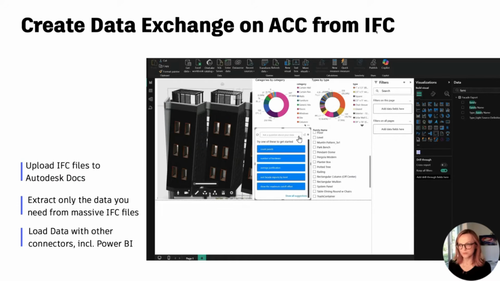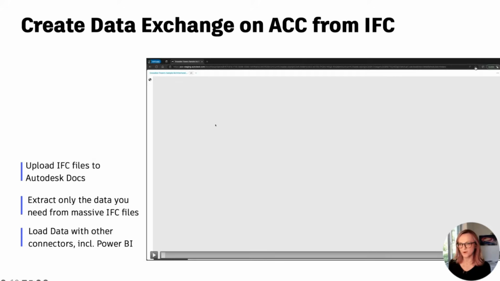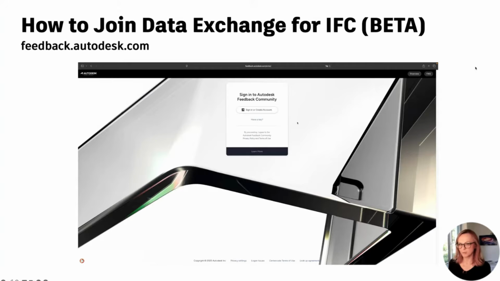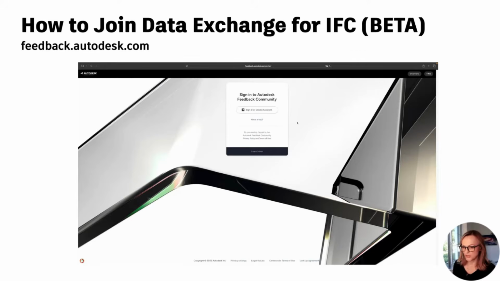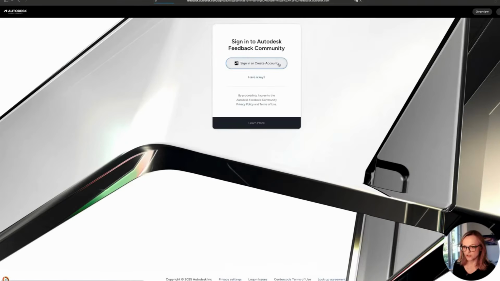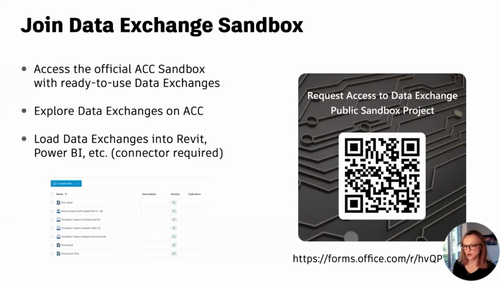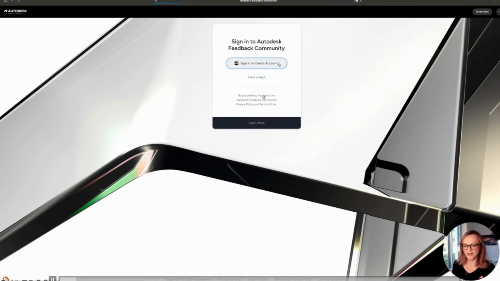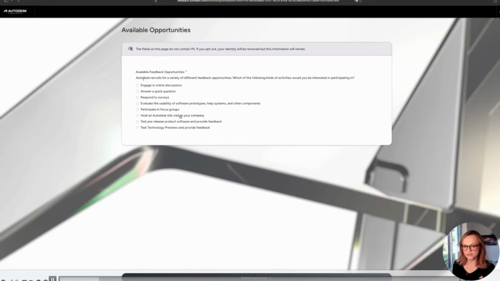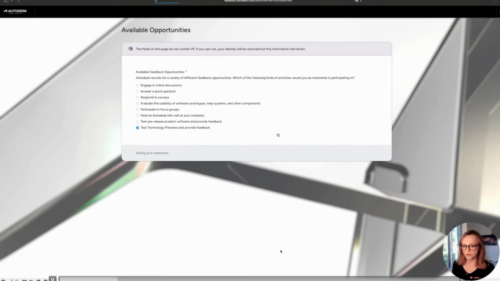We have simplified the process a little bit because I know it was slightly complicated. So I also created a video for this, so you can see basically how you can join it now if you have not joined so far. So you will need to go to feedback.autodesk.com. So you can simply register, as you can see here, and then say, okay, I want to provide feedback,